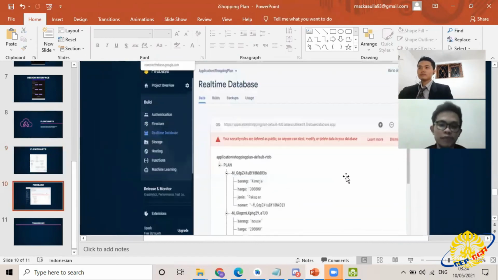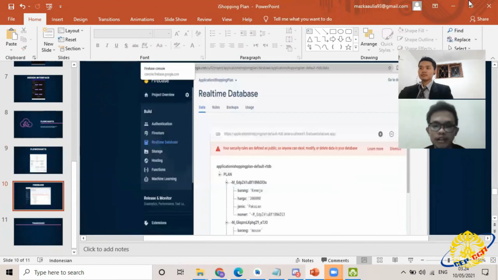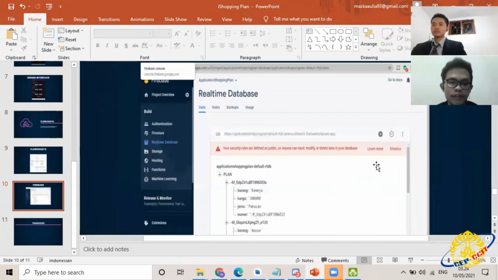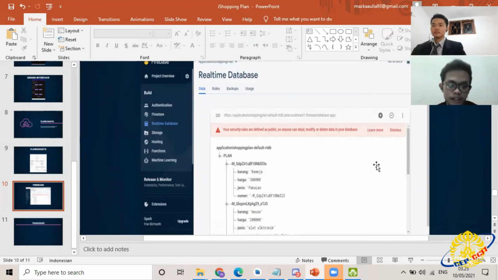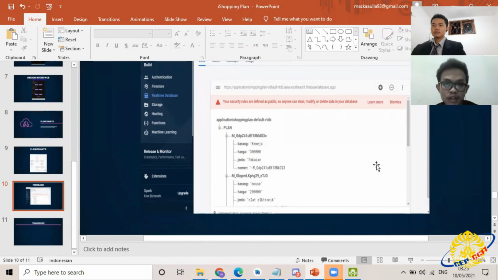Okay, I will explain the database. In the code, we have data reference plan. So you can see the application is shopping plan default. We have created a data reference plan. So this is, we have barang, harga, jenis, and nomor.